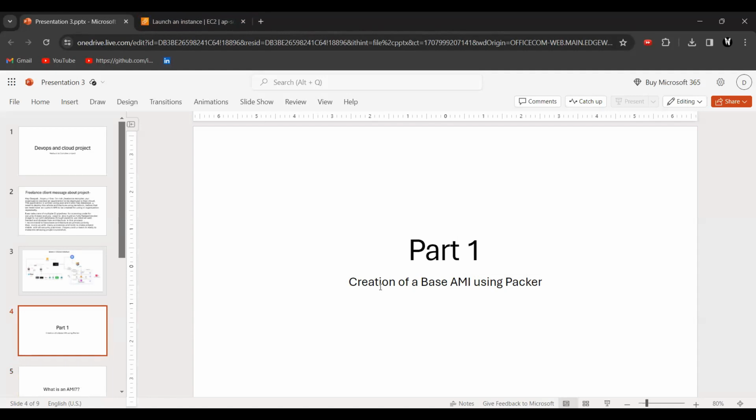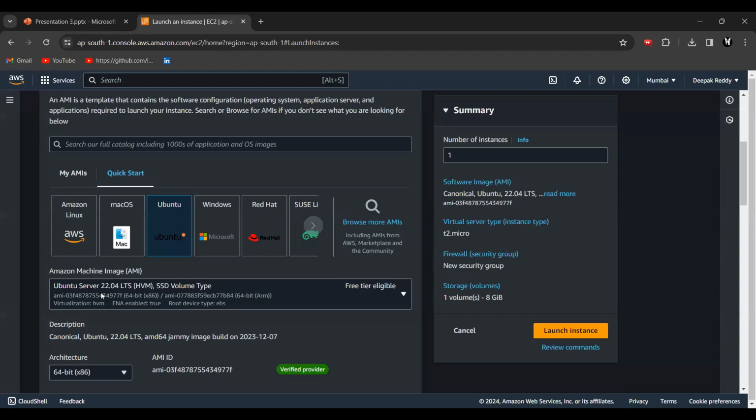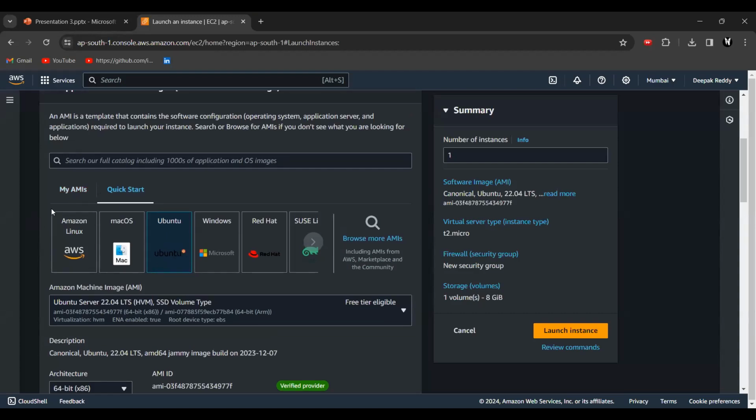As I said, the AMIs in the AWS section have only the operating system installed, but at industry level you don't need only an operating system. You need multiple software packages installed in this Ubuntu or Linux or Mac OS. That is a fundamental priority.